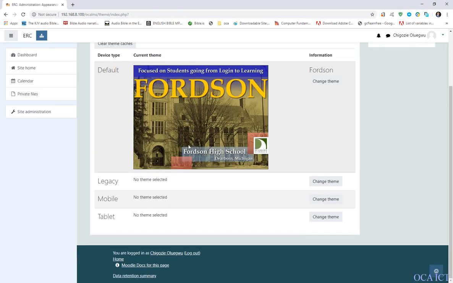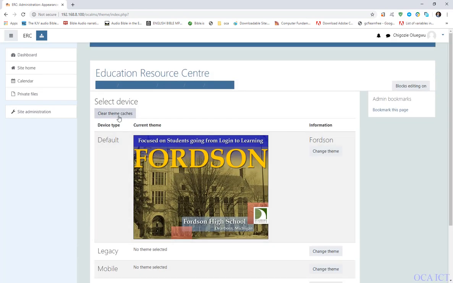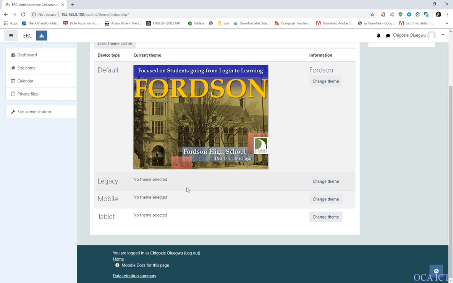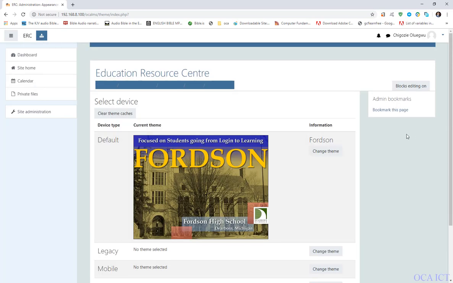Now we have our new theme. What we would do here is clear the caches, but since we just installed Moodle freshly, we are not going to do anything. You can see we just changed the theme. That's how to